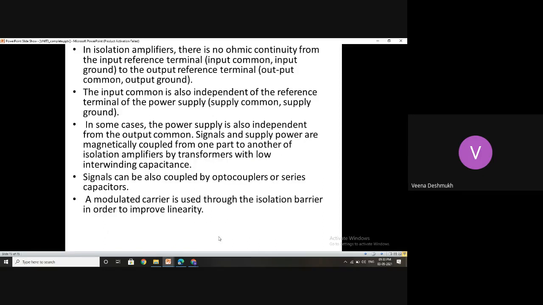So in some cases, the power supply is also independent from the common output. Signal and power supply are magnetically coupled from one part to another part by transformers with low interwinding capacitance. Now, what exactly is the meaning of this? In some cases where you need to use coils,